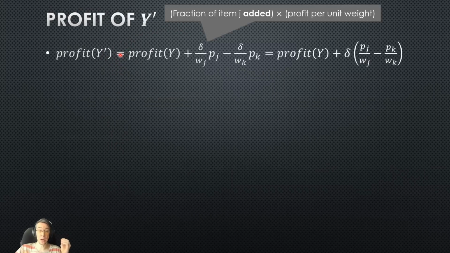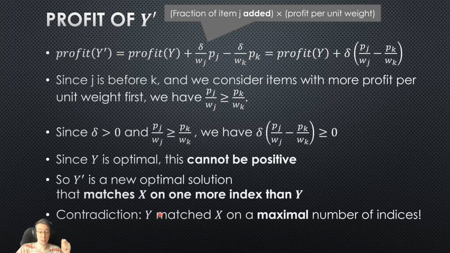And now y prime will match x on those two additional variables, and those are the only variables we've changed. So y prime matches x on all of the old variables that y matched it on, as well as one of these two. So we have a solution that's optimal that matches x on one more index than y, but